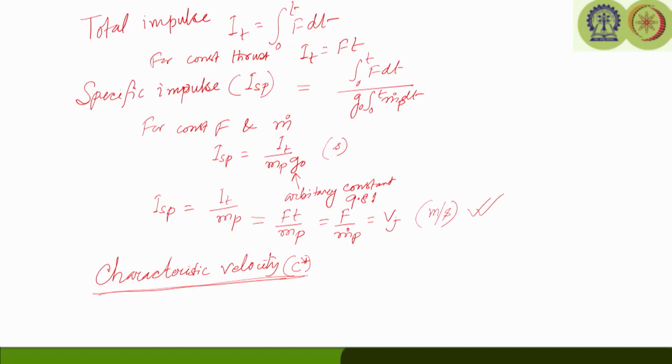We can just simply consider the mass flow rate through the throat of the nozzle. If the throat area of a nozzle is At, the density of the gas is rho t, and the velocity of the gas at the throat is Vt, we can write m dot, the mass flow rate through the nozzle throat, as equal to rho t into V t into A t, where rho t is the density of the gas at the throat, V t is the velocity of the gas at the throat, and A t is the throat area.